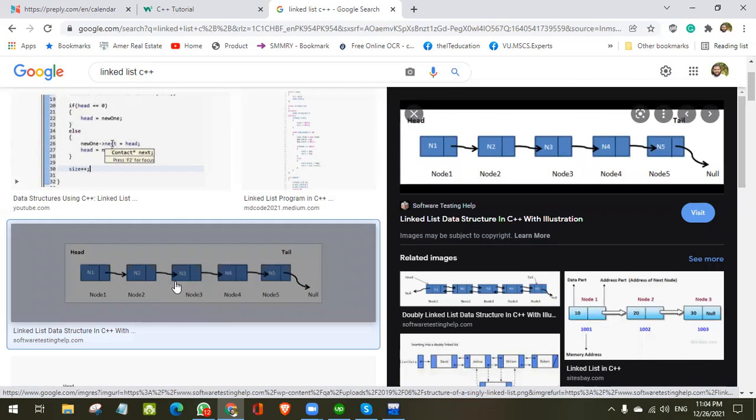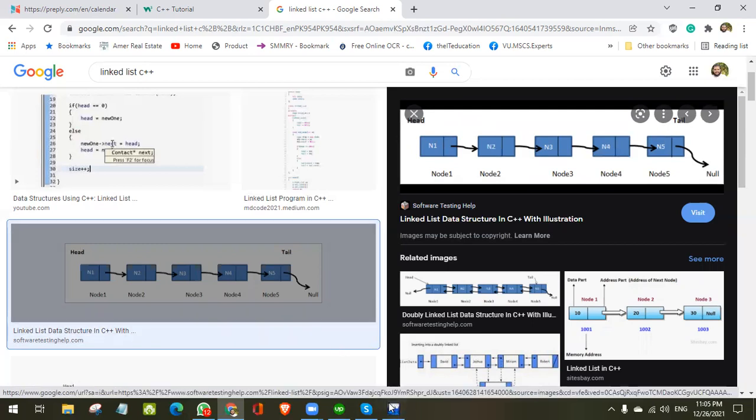I understand. No, we want how to insert. Yeah, we try to create this. For example, we want to create a linked list of integers. You understand? Yeah. So first thing we need here, we need to create a node that will consist of two things. One is the data part, and next one is the address of next thing. You understand?